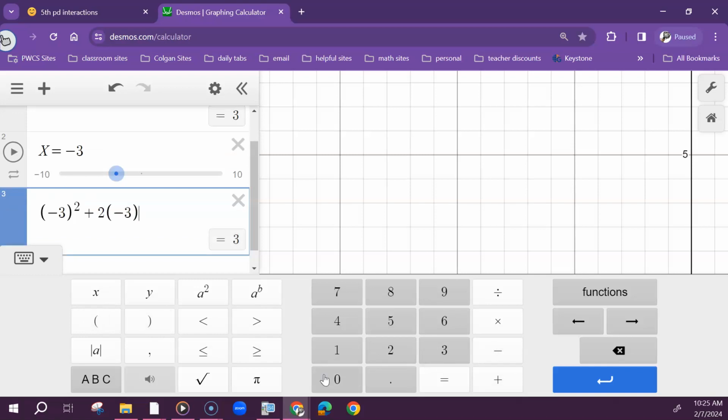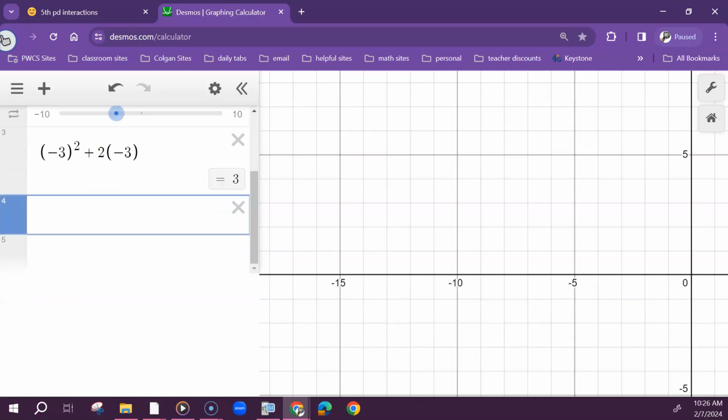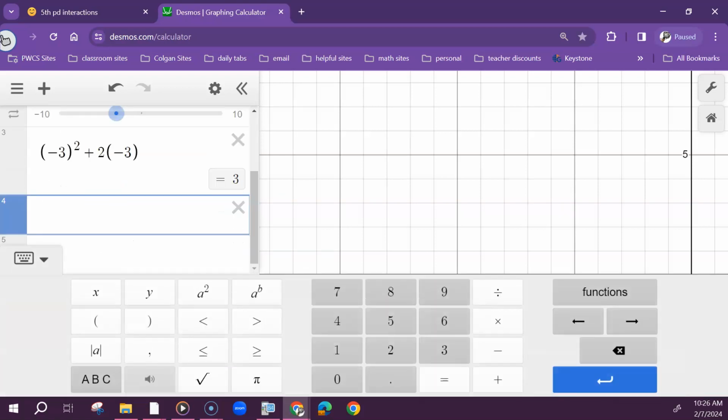Either way, the answer to that one would have been 3, and you can use Desmos for your work if you're using one of these methods. Questions on that one? Number 4, if I put in the ordered pairs,